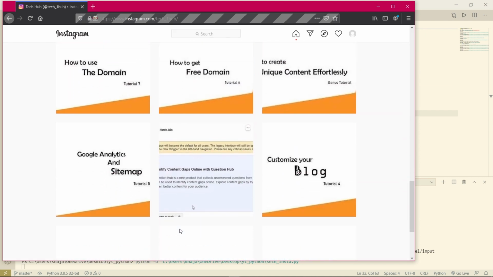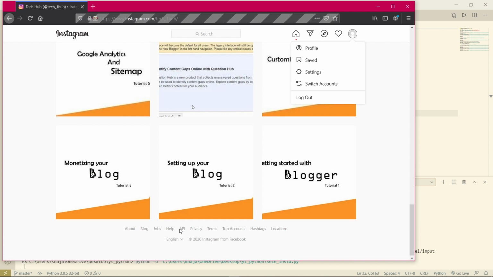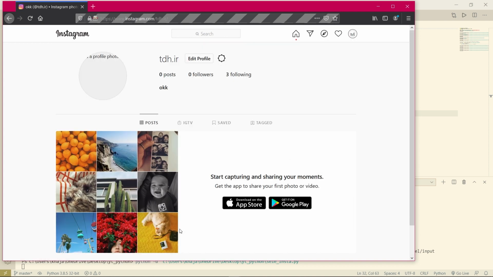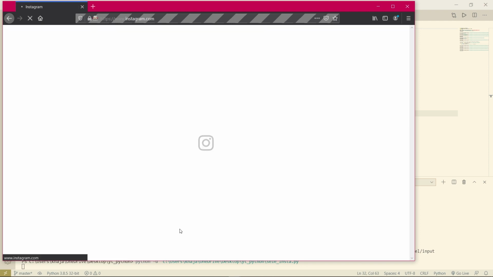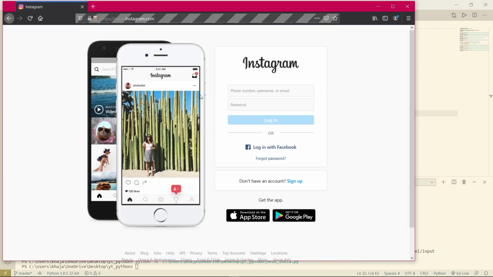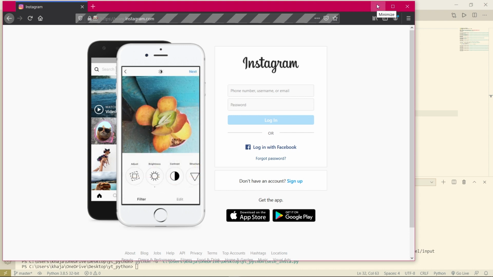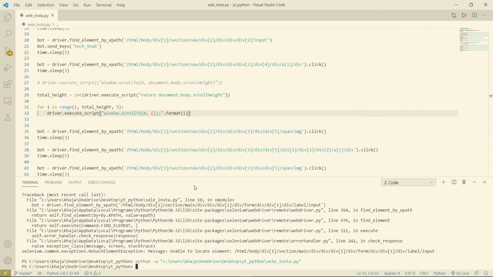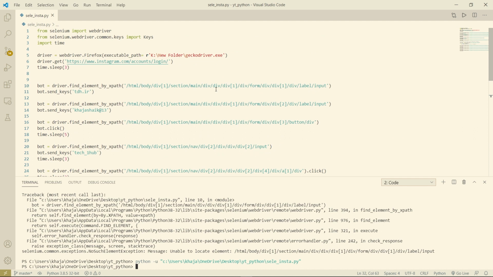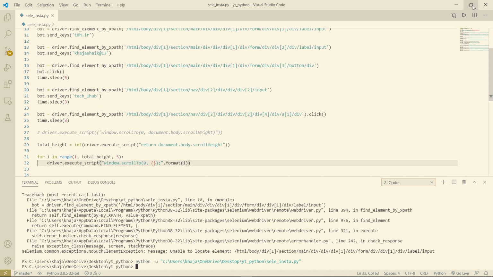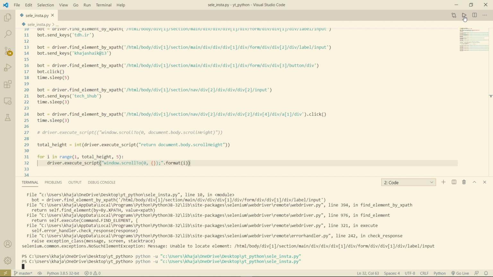See, as you can see, it is scrolling. I'm not scrolling. The whole program is scrolling. Now it will go to the profile, wait for 3 seconds and log out. That's it, guys. This is the basics of Selenium using the Instagram page. Everything is done. Even you can do this with other websites, like open Facebook or YouTube for you. Okay, we will run this one more time.